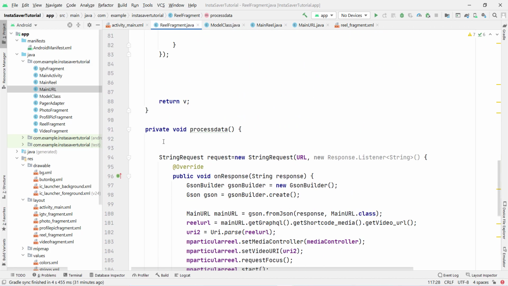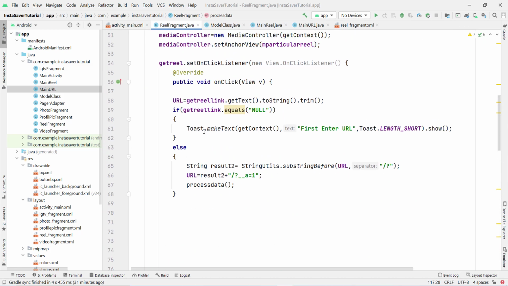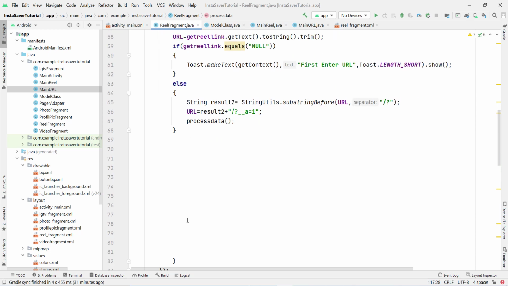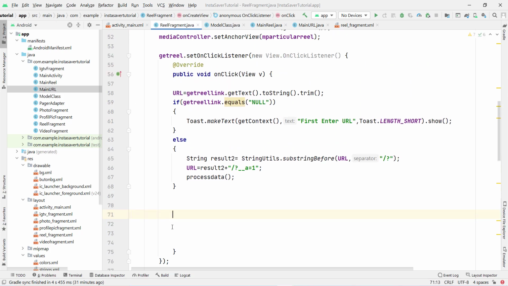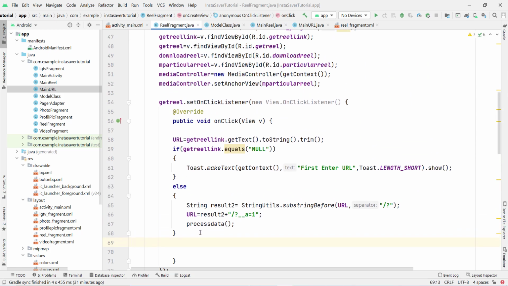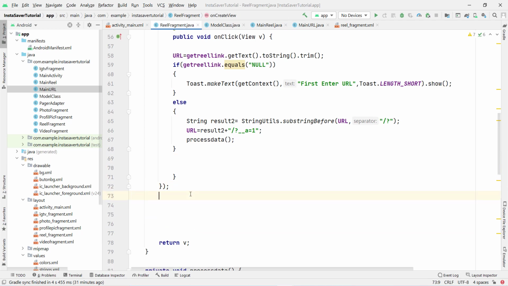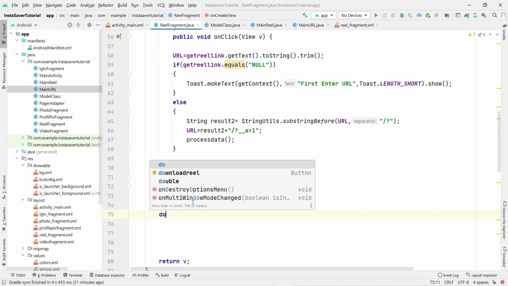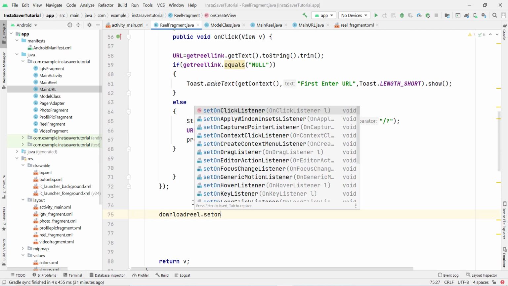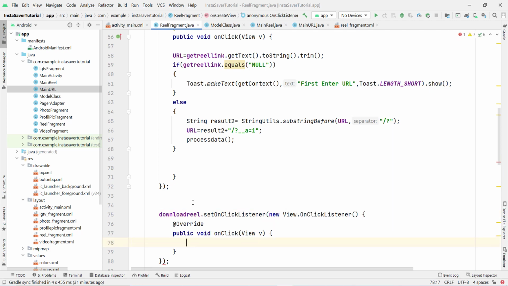Now the main thing is, let us suppose if someone clicks on the download button, then what do we have to do. So this is the functioning of the get reel button: if someone clicks on it, then we have to get the data from our API, and then we have to start playing the reel data inside our application. So now if someone clicks on the download button, then what do we have to do. So downloadReel.setOnClickListener, then new, then capital O, and press enter. So if someone clicks on the download button, first of all I can check if reelURL